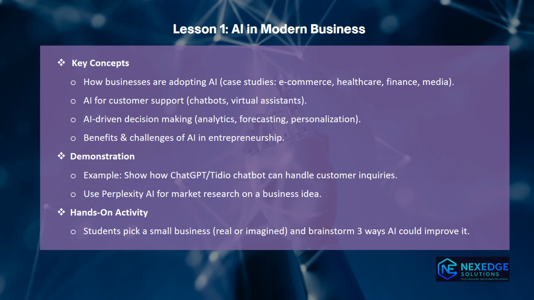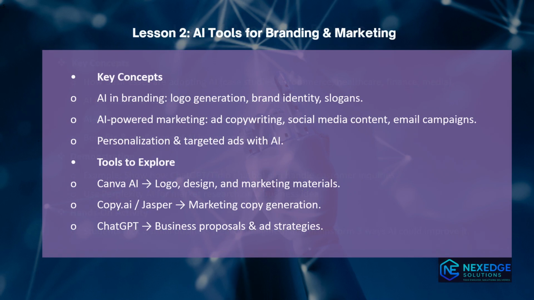Now let's do a little practical here. Students, pick a business, like a small business, maybe your personal business or one you imagined, and then brainstorm 3 ways AI could improve it. You can also search that using your ChatGPT. Then